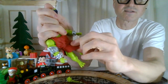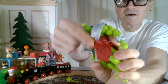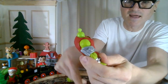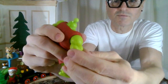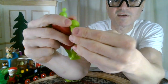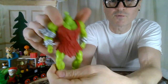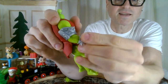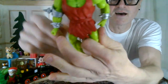Oh, this is softer than I thought too. And this is what the armor looks like. I'm enjoying this too much. This is something that never happened with the original line, which happens now. And with toys in general, I don't know why in the 80s they were able to make armor fit on perfectly and seamlessly, but it seems in the future, where we are now, things like this always fall off. Now, I mean, there is more articulation and stuff,